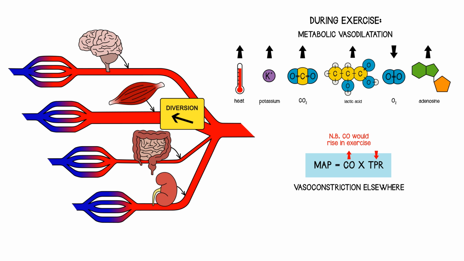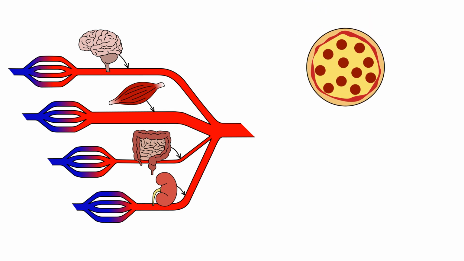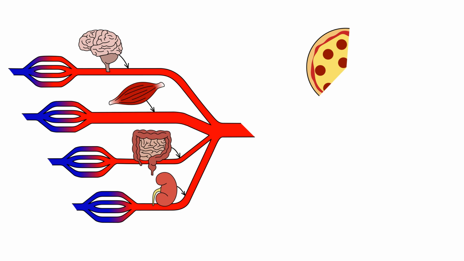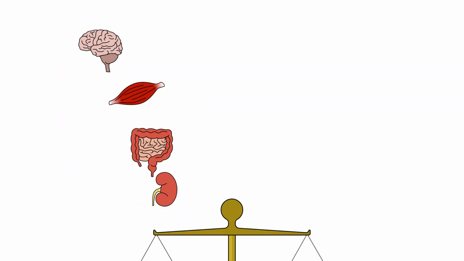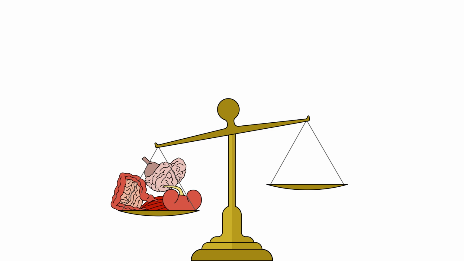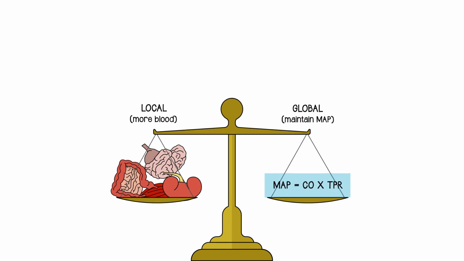Now in the long term, you're going to have to send blood to the gut again when you're having a meal, and under those circumstances the situation might reverse. But the point is that you can control your arteriole beds appropriately according to circumstance. And what they're trying to do is to balance two requirements. The local requirement for more blood where it's needed, together with the global requirement across the body as a whole to make sure that total peripheral resistance doesn't drop too low, which would be difficult to deal with in terms of its effect on blood pressure.